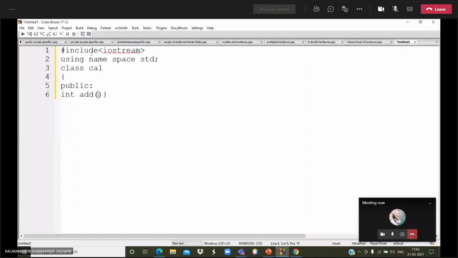But if you want to declare the same function with different parentheses, it will check with the parentheses. According to the parentheses, it will perform the operations. See, then I am closing that class.